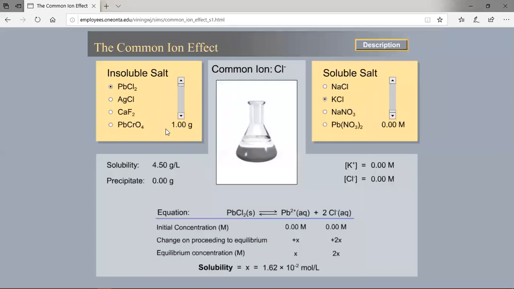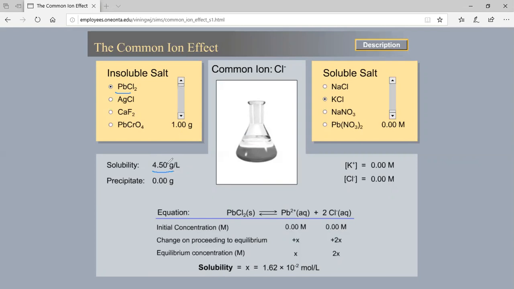So this is a simulation showing the effect of common ions on the solubility of various salts. And so if we have a flask here with presumably about 1 liter of water in it, we could choose various salts to add to it. But if we add even up to 1 gram of the lead chloride, then because the solubility of lead chloride in pure water is 4.5 grams per liter,